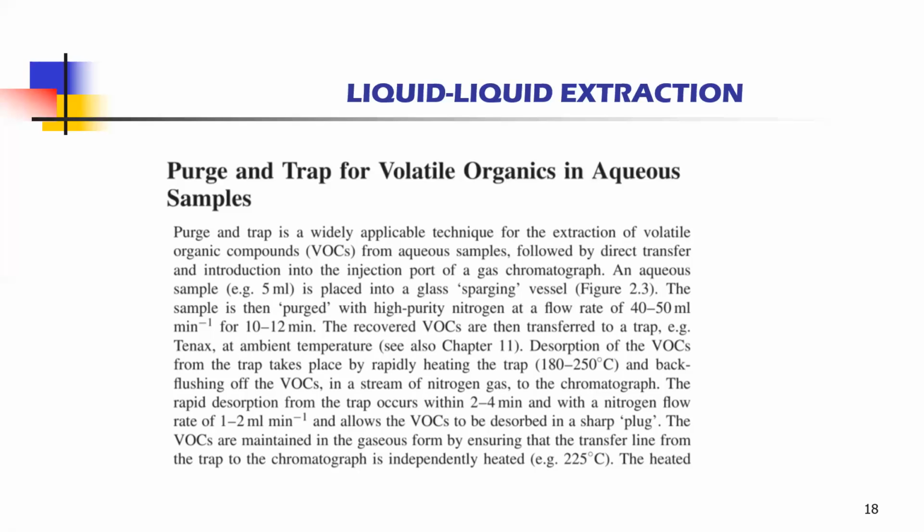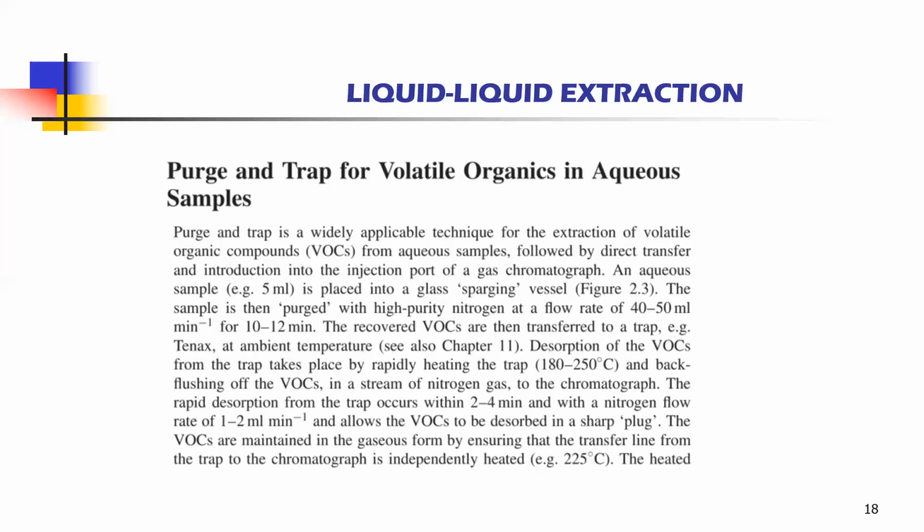Purging means we are going to drive the volatile molecules out so that we can recover the volatile organic components. The recovered volatile organic components are then transferred to a trap. We place a trap in the system, for example a Tenax trap, at ambient temperature. So the volatile molecules are first purged and trapped, and then desorption of the volatile organic components from the trap takes place by